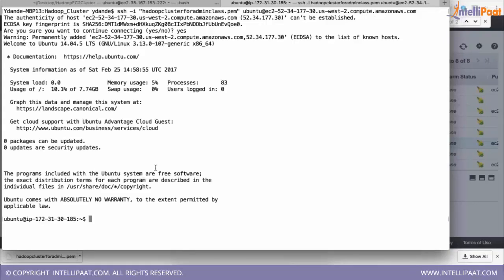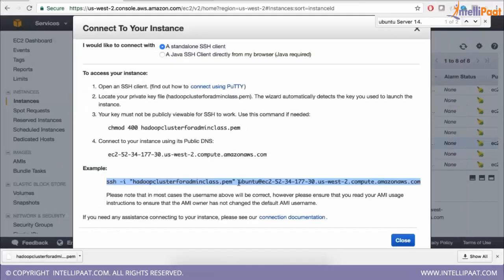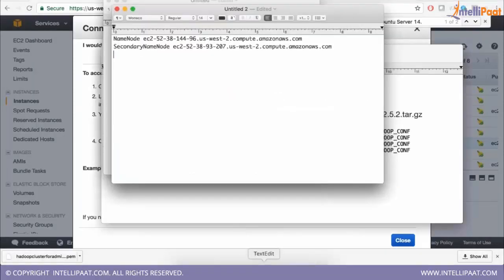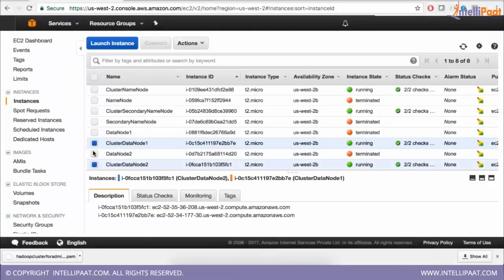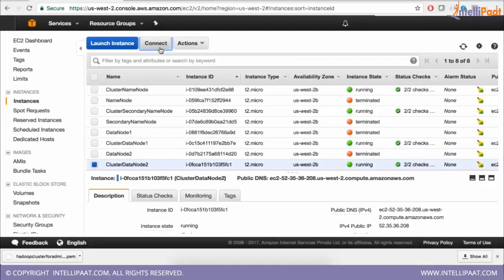I am able to access data node 1, and I'll save this host name. This is my data node 1. And finally I'll check whether I'm able to access data node 2.